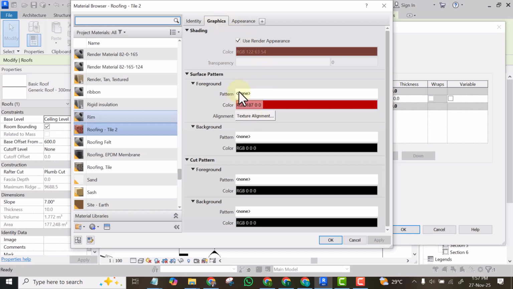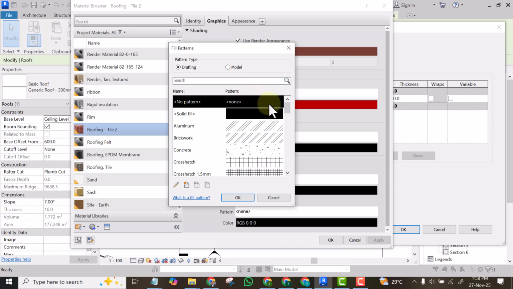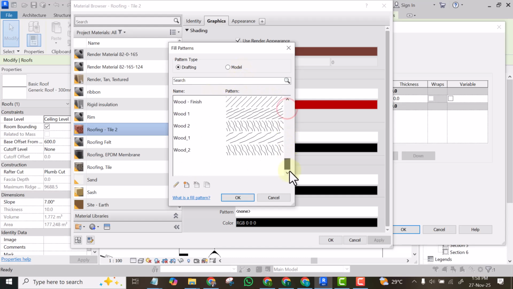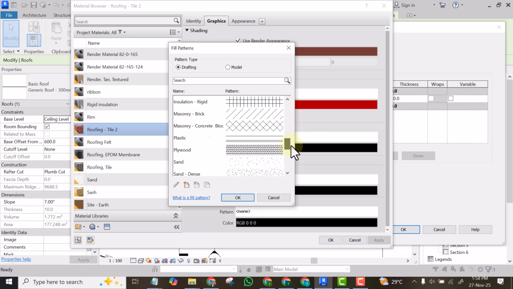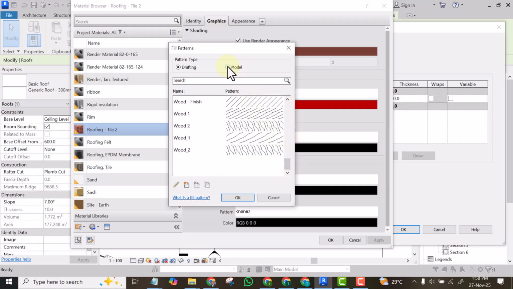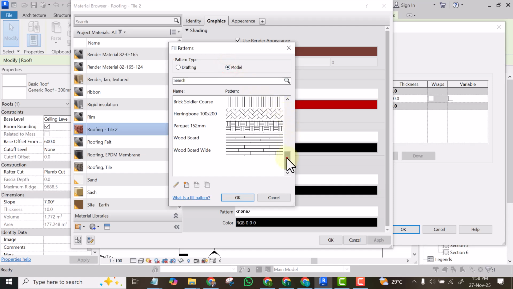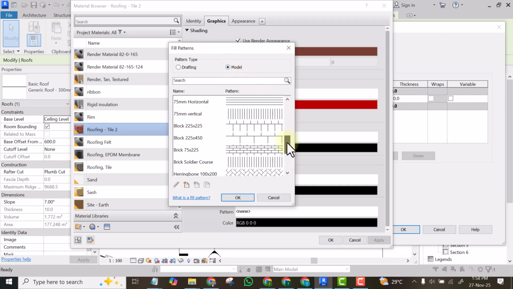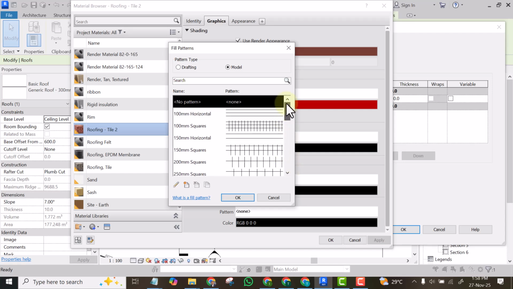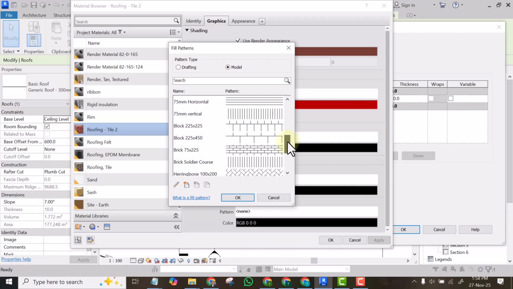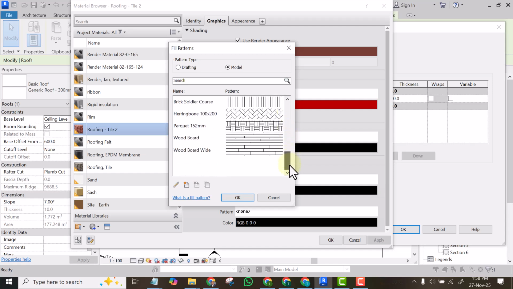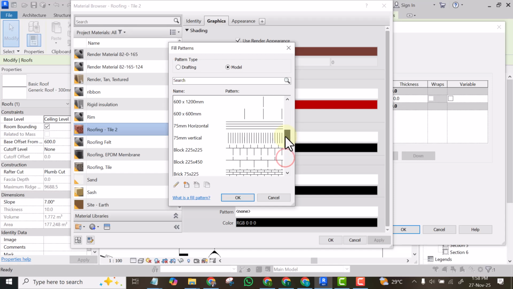You will see the foreground pattern. You see there is none. On this pattern, you are going to select a pattern. If you scroll through, you see that there is no interesting pattern here. But if you change it to model, you will see that there is an interesting pattern. Okay, let's go through it. We don't have interesting pattern in this